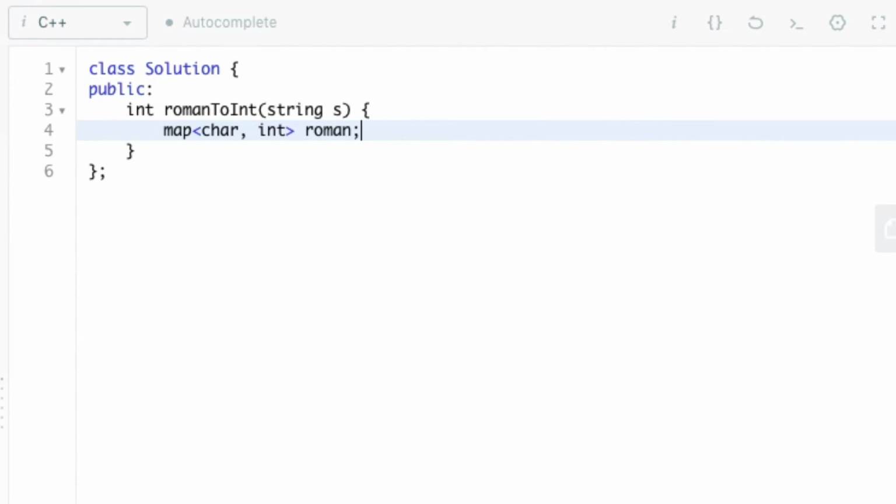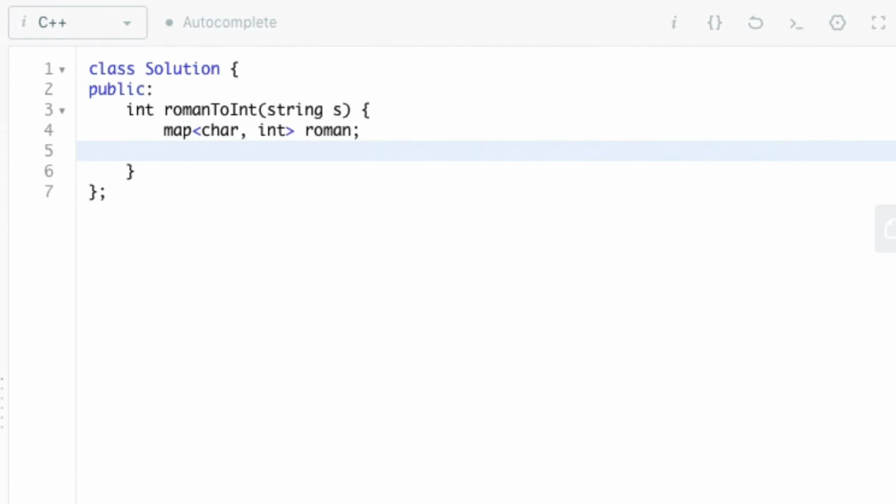Let's name this map as roman. So I have inserted I as the Roman alphabet and its corresponding value 1.